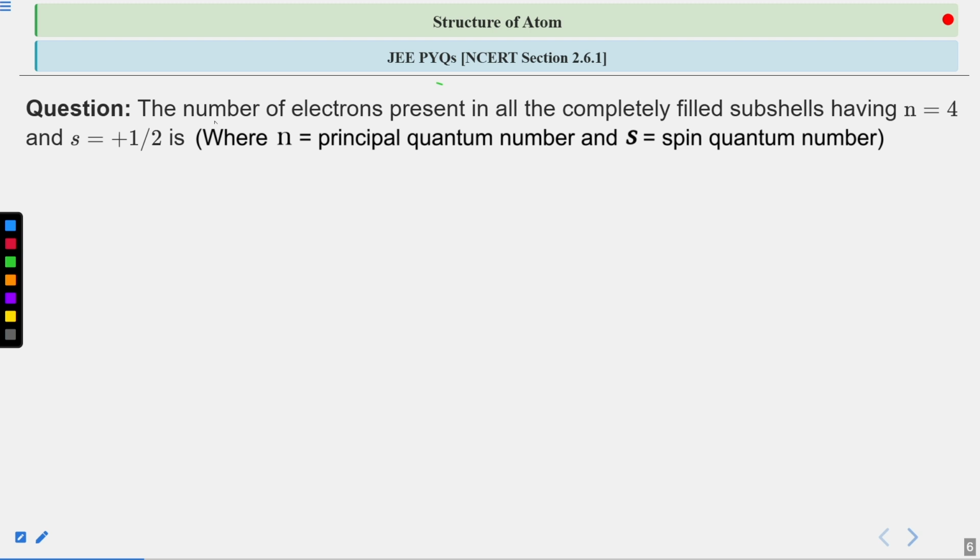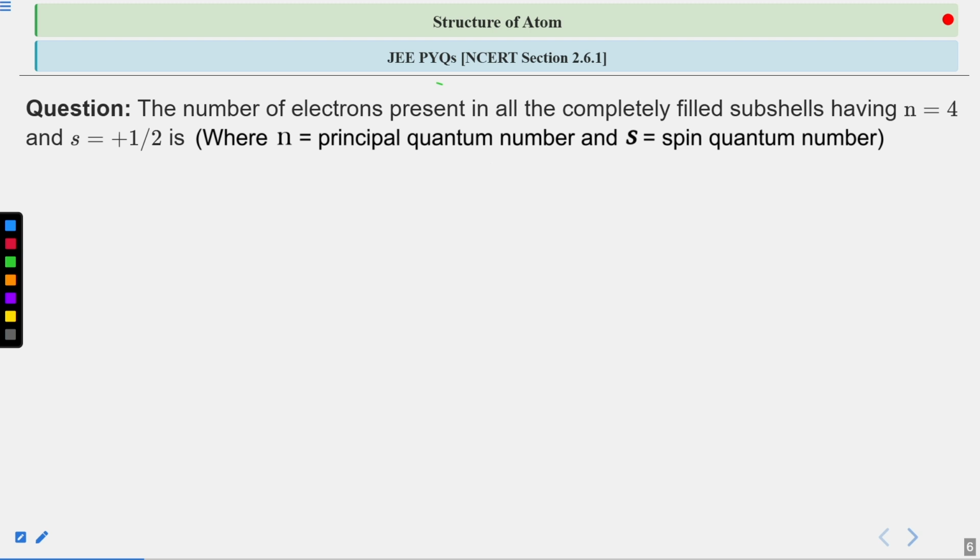Basically what you have to do is tell the number of electrons which are present in all the completely filled subshells having n equals to 4 and s equals to half. Now if I try to explain, s is particularly the spin quantum number, and n is representing